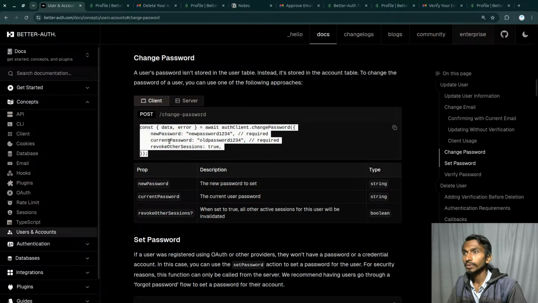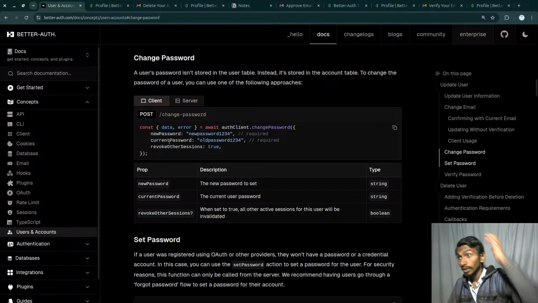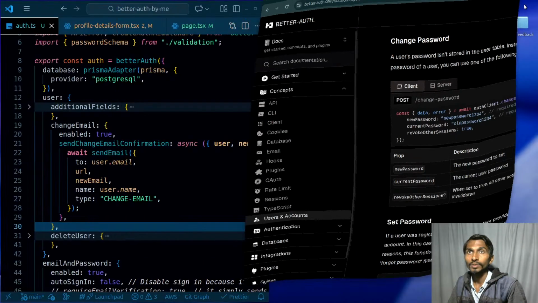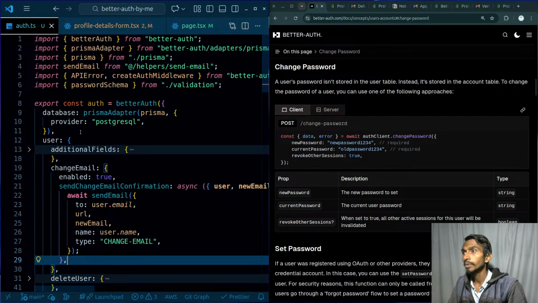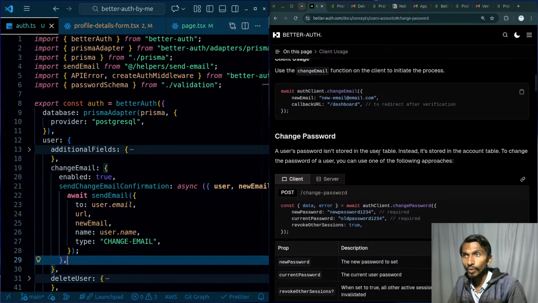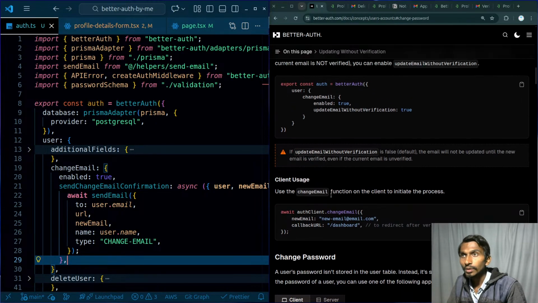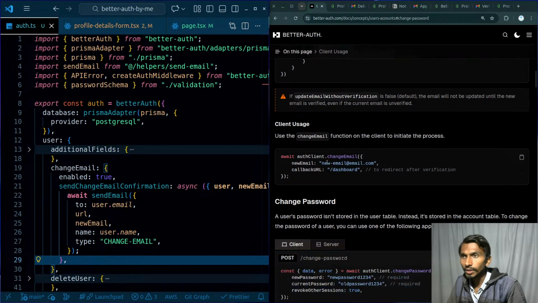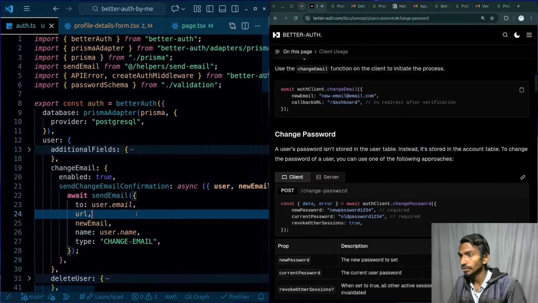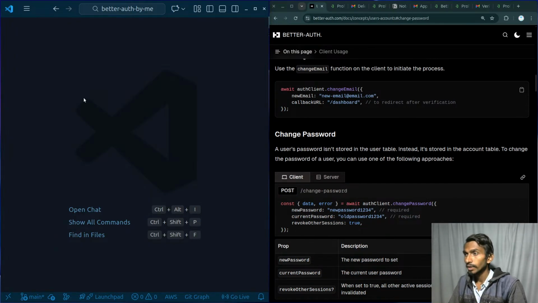This is how I can even do that. Change password, revoke other sessions. So yeah, let's use this way. And in order to use this, I will be going where? First of all, do I need to make any changes here? Turns out not really. Change password can be changed directly, and that's fine. That simply means that